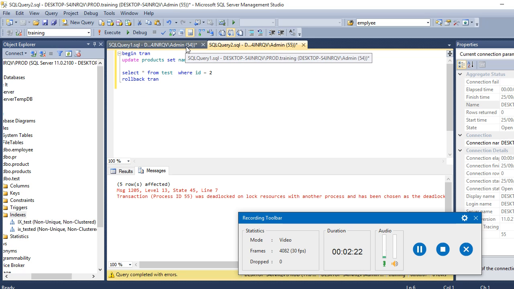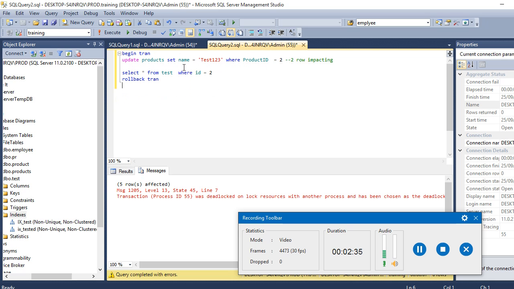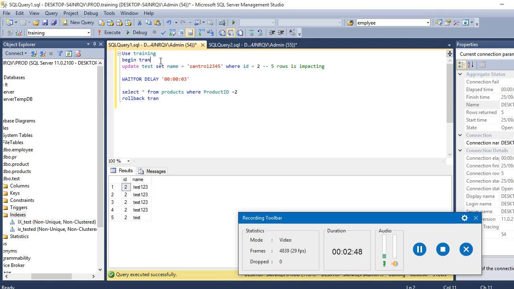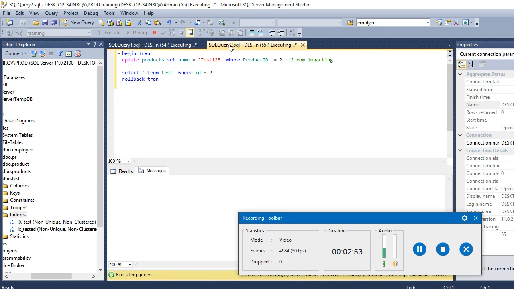This is the select statement which is fetching the same row which is being updated in transaction 1, and here we are selecting the same row which is being updated in connection 2. Obviously, as there is already an exclusive lock and we are trying to acquire a shared lock in our select statements, they will block each other. Let me run this and I will show you whether a deadlock occurs. If you can see, both the transactions are blocked and are now waiting for each other to release the lock.